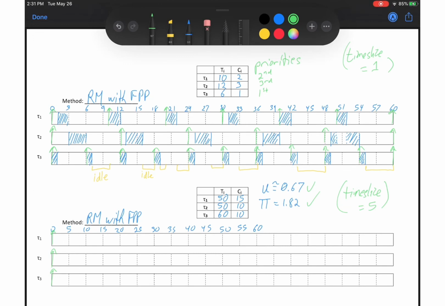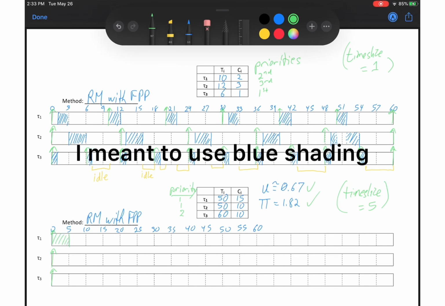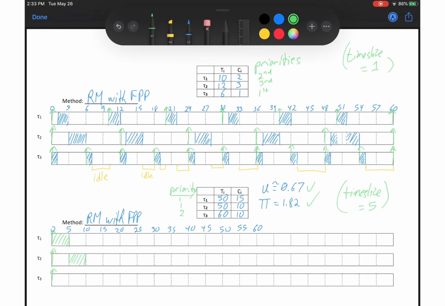And so the priorities, I'll write to the left here, will be tied for task 1 and task 2. So they'll both have first priority, task 3 will have second priority. So task 1 and task 2 are going to alternate time slices. Which one runs first is an arbitrary choice. Let's just say that task 1 runs first. Runs for 5 time units and it gets preempted, and task 2 runs for 5 time units, at which point